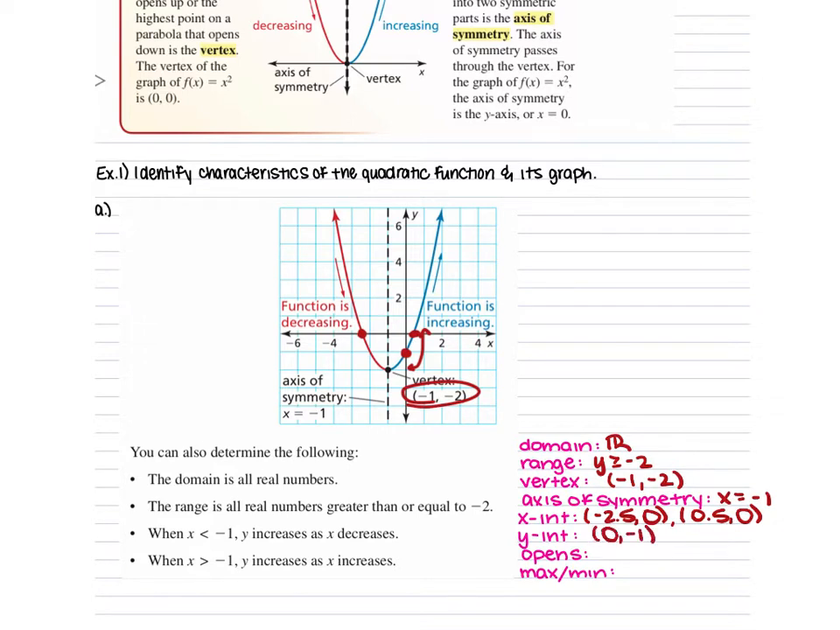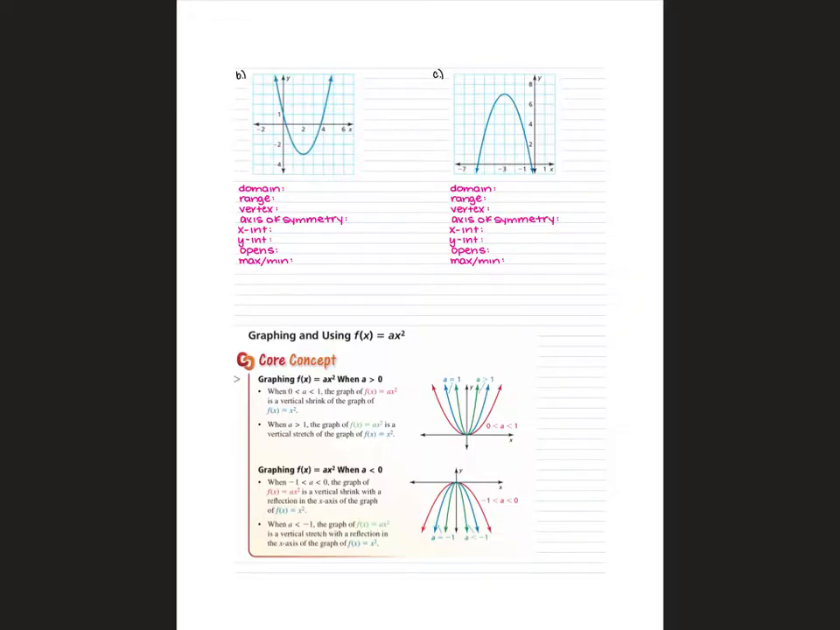This parabola opens up, so you have a minimum value. You can just write min with that as well, or circle minimum. Example 2,